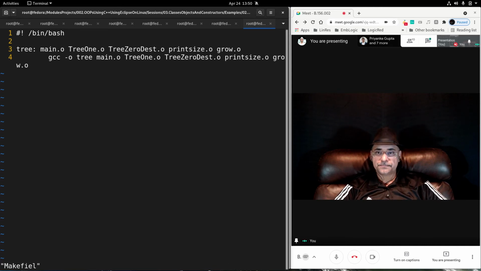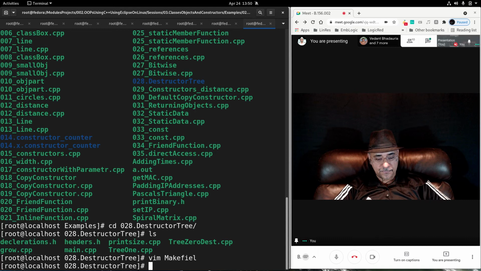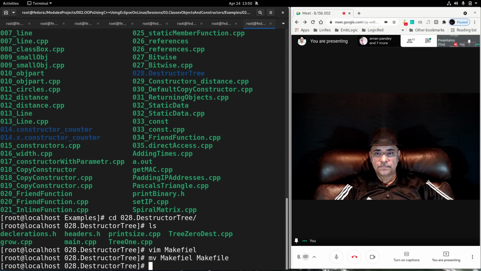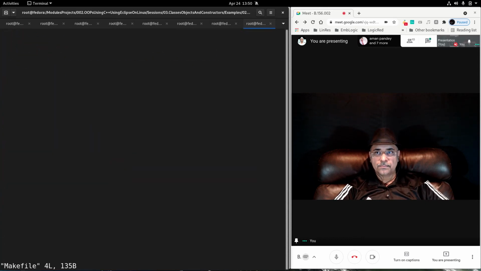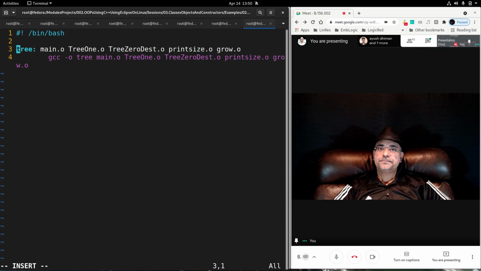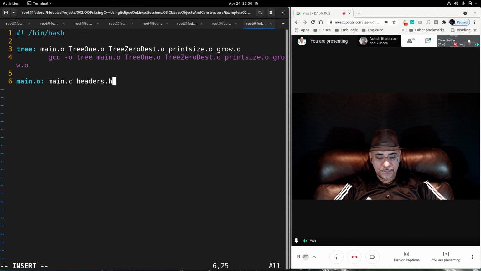Okay. There it is. Now all the dependencies have to be resolved one by one, starting with main.o. Main.o would be created from main.c, headers.h, and declarations.h.